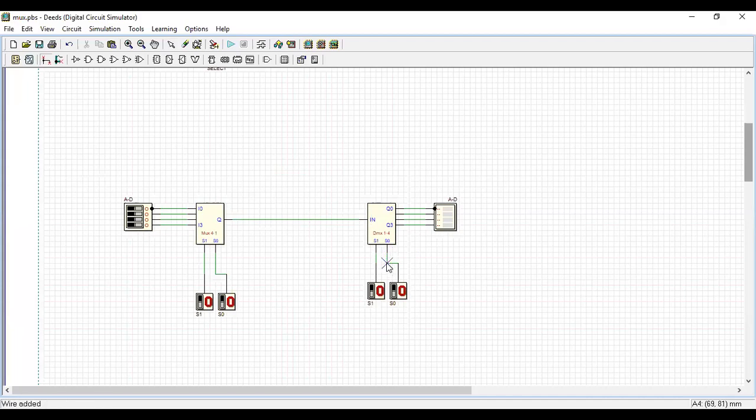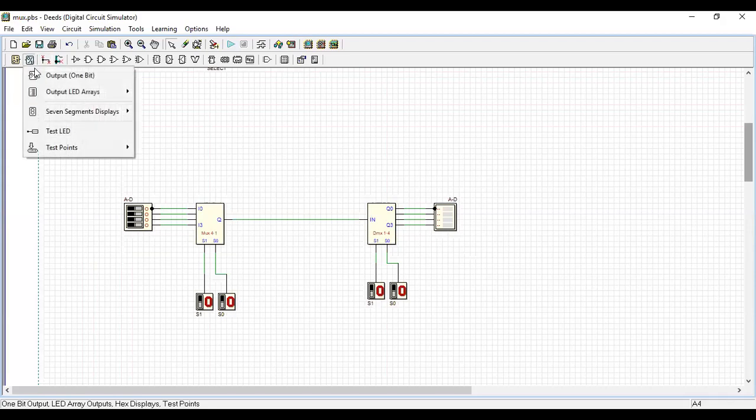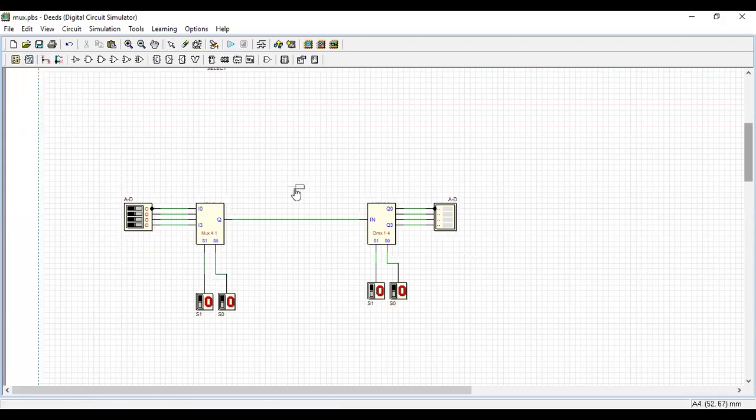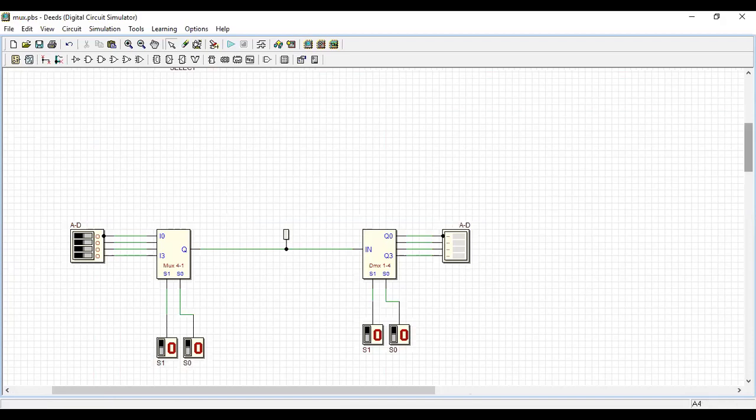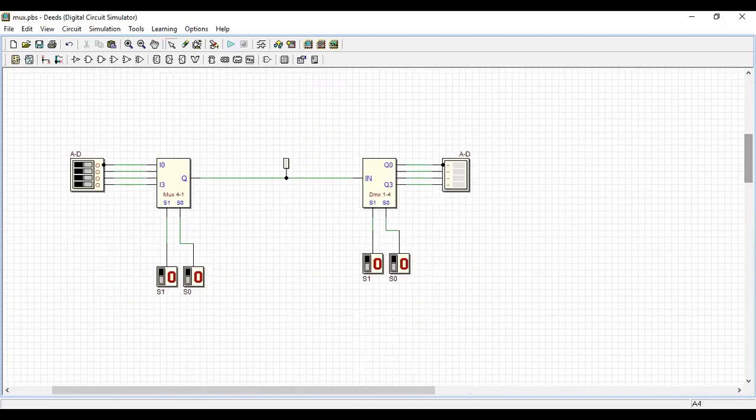Which application am I trying to explain? If it is alone, it is demux only. But as a whole thing together, which application is this?